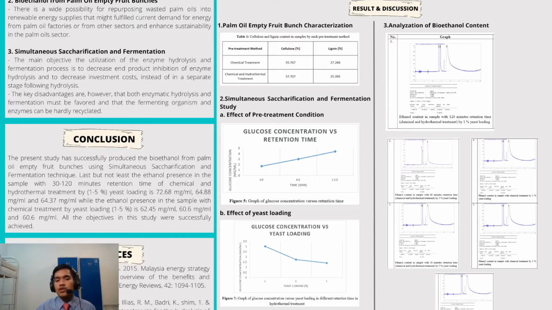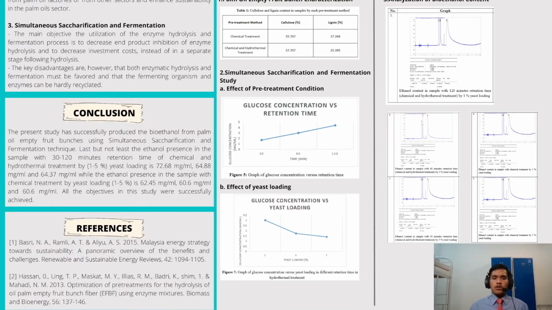This sample contains the highest bioethanol produced compared to other samples with different retention time in hydrothermal treatment and different yeast loading. In conclusion, the present study has successfully produced bioethanol from palm oil empty fruit bunches using